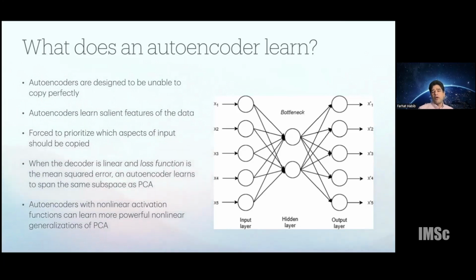And the interesting thing about autoencoders is also that in case your decoder is linear, that is, all the activation functions are linear, and the loss function is the mean squared error, the autoencoder simply reduces to the principal components analysis of the data set that is being given to it. So you'll get essentially the top k principal components, depending on the size of the bottleneck layer, which would be k here. That's with a linear set of activation functions. If you have nonlinear activation functions, then the autoencoder can learn more powerful nonlinear generalizations of PCA.